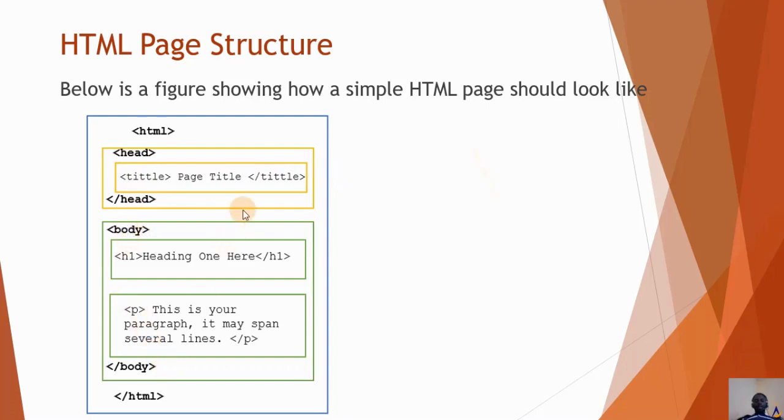You can see that the head section contains invisible content. So whenever you're writing your web page, you should know that everything you put inside the heading section here won't be displayed on your web page. However, I don't mean that everything would want to be displayed. You can find that